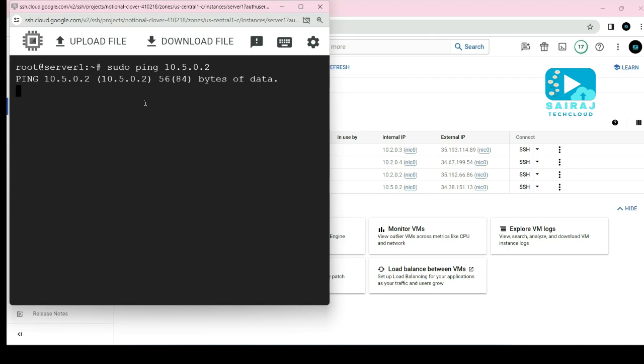Now I hope you can understand how to communicate with multiple servers inside a single VPC network, and that to communicate between different private VPC networks, you need the network peering concept. In our upcoming session, I'll show you in more detail inside the lab so that you can easily understand it.